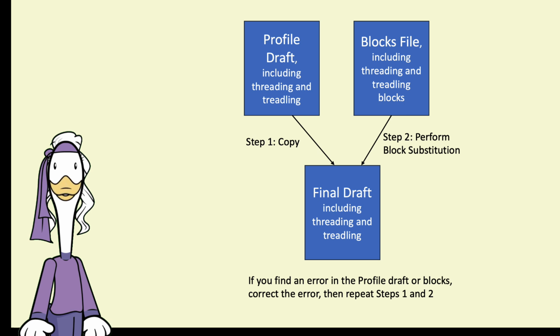One trick we learned was you want to create a file of the blocks only, a file of the profile only, then make a copy of the profile file as what's going to be your full draft. Now in this third file, what you want to do is your block substitution. If something goes terribly wrong, or if you later find out there's an error, the fastest way to correct this is to either correct the blocks file or correct the profile file, whichever one was incorrect, and regenerate the block